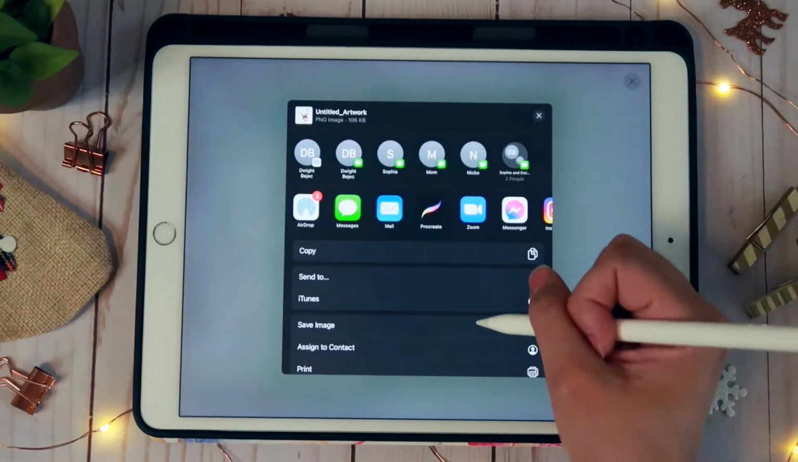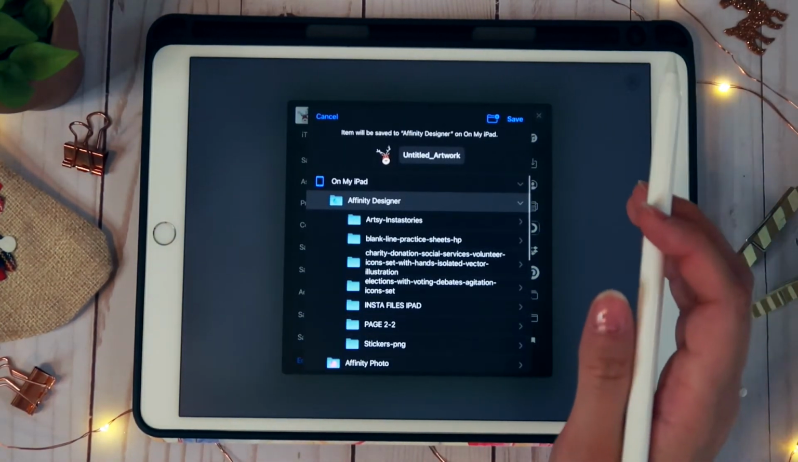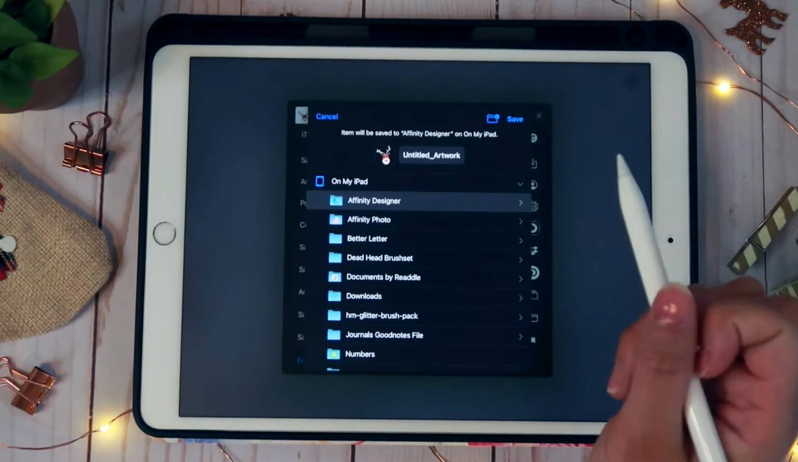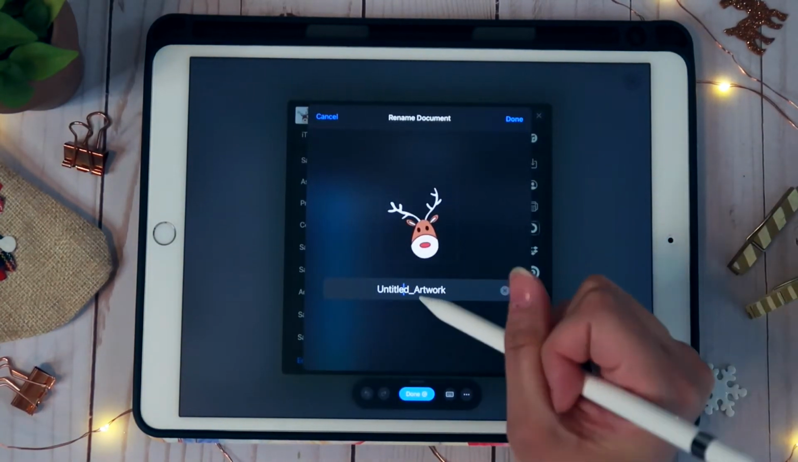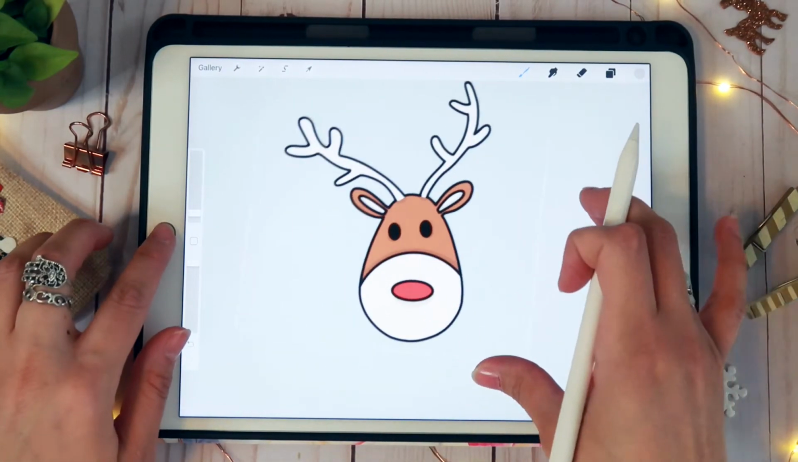We're going to save to our files so it's somewhere easy for us to find. I'm just going to save it in Affinity Designer because that's what I've been working in. Rename it Reindeer Artwork. Once we're done with this, we can exit out of Procreate